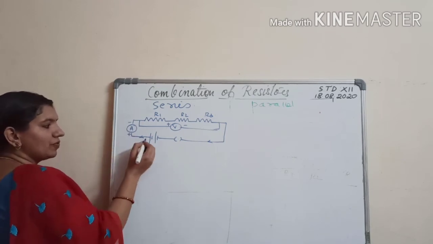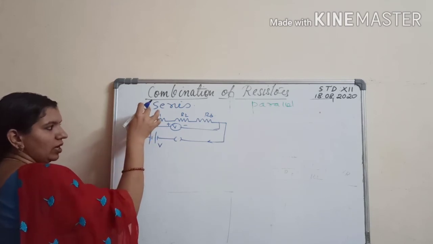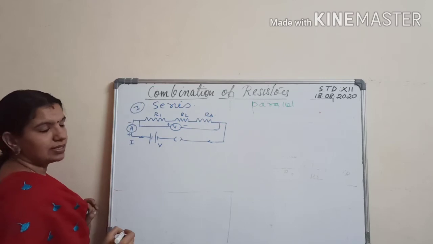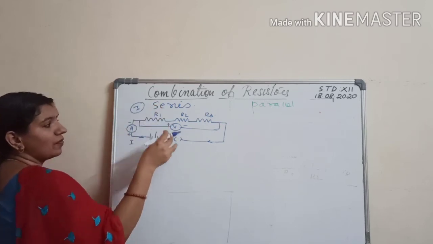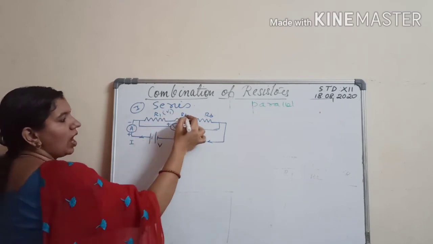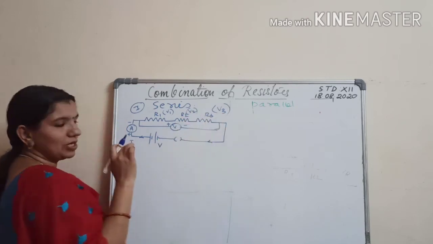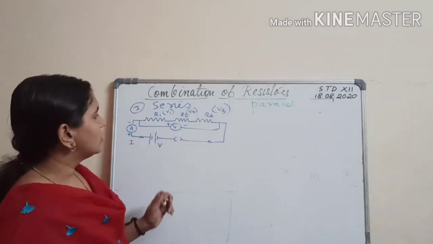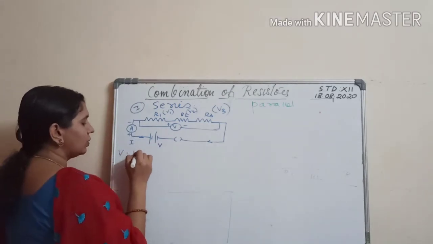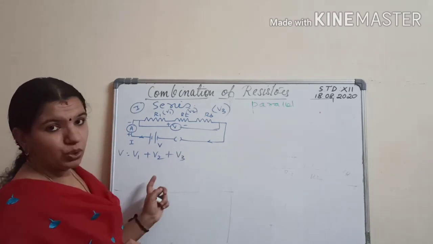So if I amount of current is flowing, the common potential is V, I amount of current is flowing along R1, R2 and R3, the current is I. Understand? But here across R1, the potential difference will be V1. For R2 it is V2 and for R3 it is V3. The potential difference will be different. So to find the total potential, we will take the equation V is equal to V1 plus V2 plus V3.